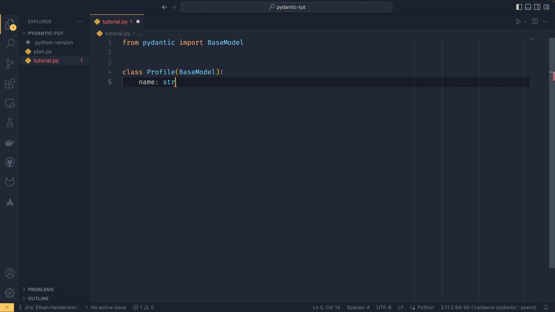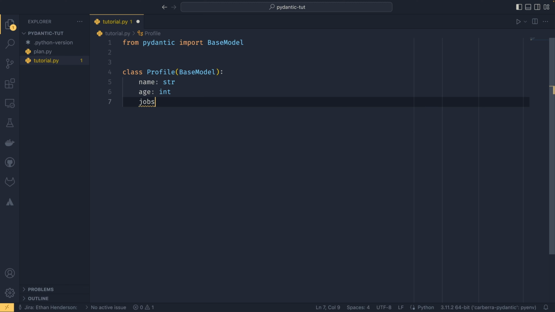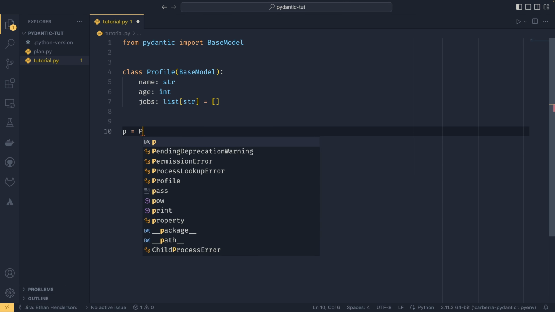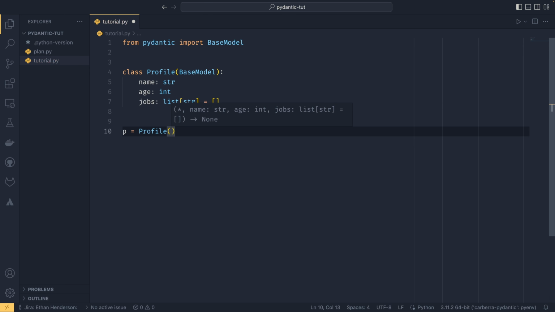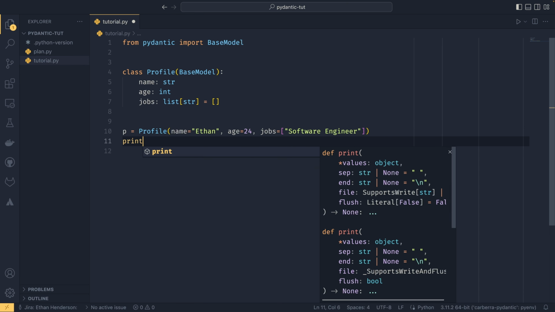So our model is going to have our name, which is a string, age, which is an int, and our jobs, which is a list of string that I'm going to default to an empty list. My tried and true kind of example profile thing there. And then we can create our new instance of a model by calling Profile and then give it a series of keyword arguments. It doesn't work with positional arguments, so do keep that in mind. And if I pass jobs as software engineer, and if I just print p,